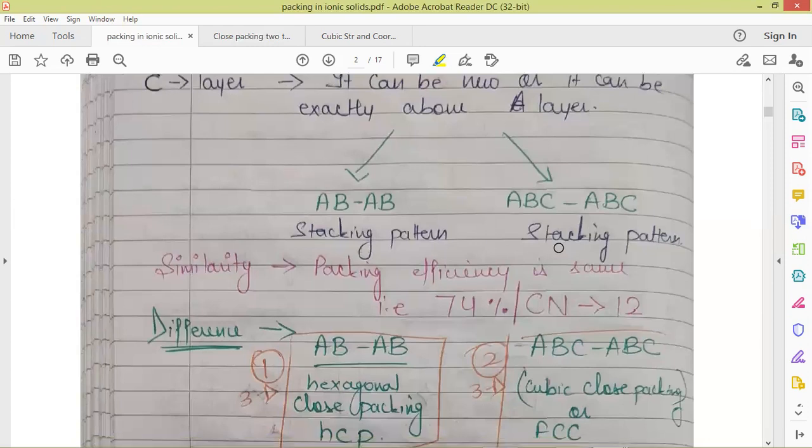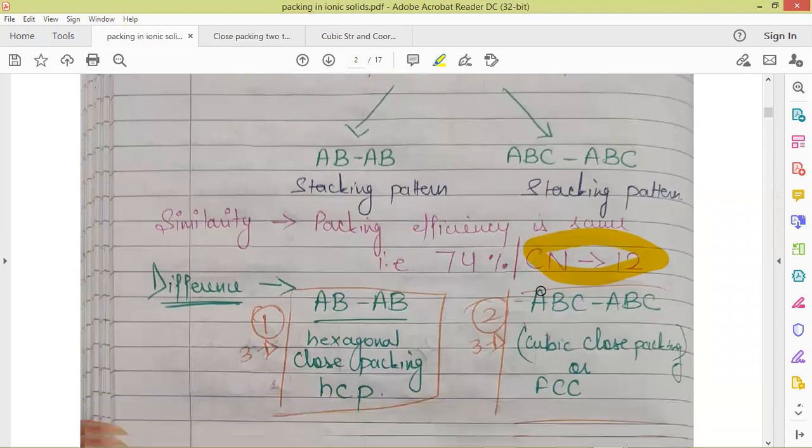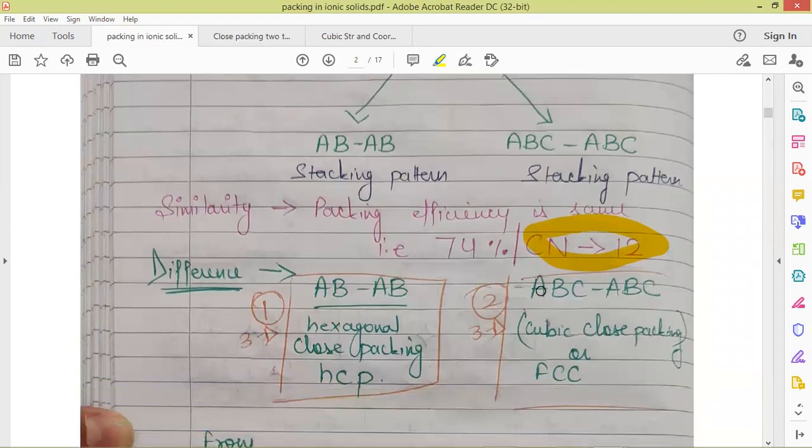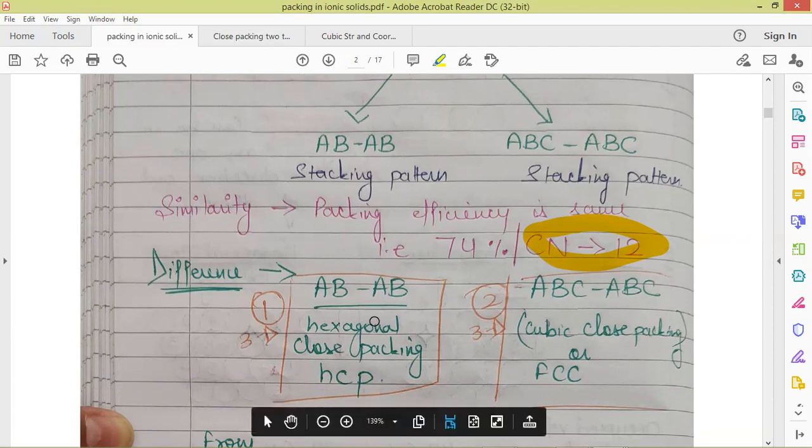But both these packing systems have a packing efficiency of 74%, which is the same in both cases, and the coordination number is 12. We will discuss this in detail in a while. So this is the type of packing system, AB and ABC, two types in three dimensions for hexagonal closed packing system.